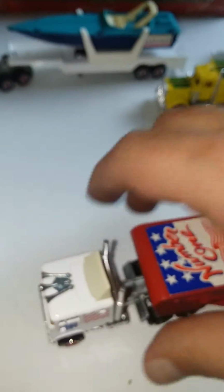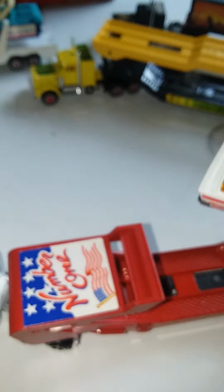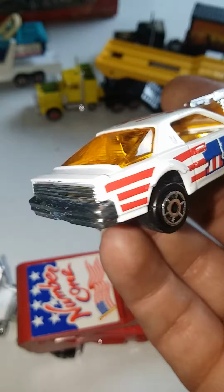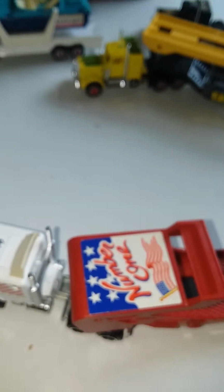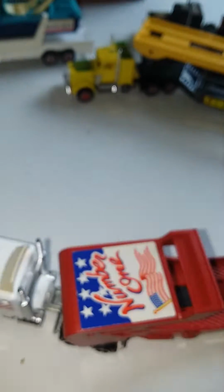Next, we'll go to the car hauler, or single car hauler. A piece of black plastic broke off the bottom. I think it just holds in the car itself, which I don't really care for. It looks ridiculous with the stupid motor on here. But if somebody's trying to complete their number one car hauler and whatnot, maybe they'd want it, but I do not. Don't care for it, don't like it, get it out of here. So